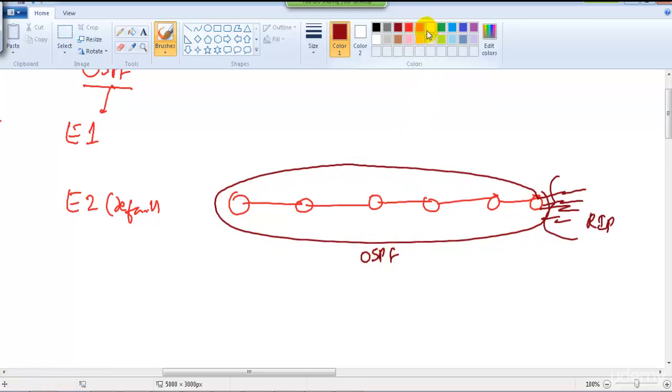Let's assume that the cost from router 1 to router 2 is 10, and here it is 20, here it is 10, and maybe here is 40, and then 20 here. Assume that is the link cost between each and every router. And now what I'm doing is I'm getting into this router, and then I'm going to give a command called